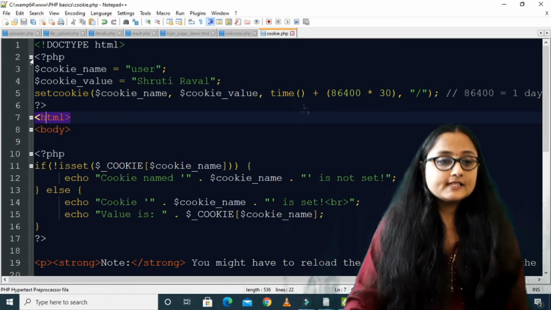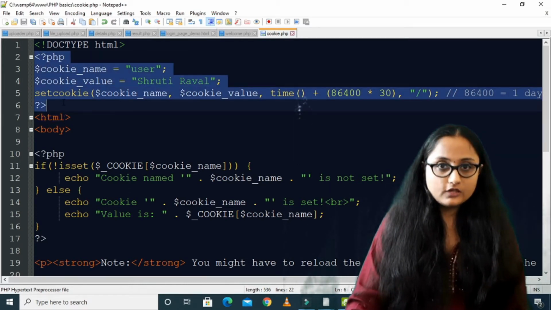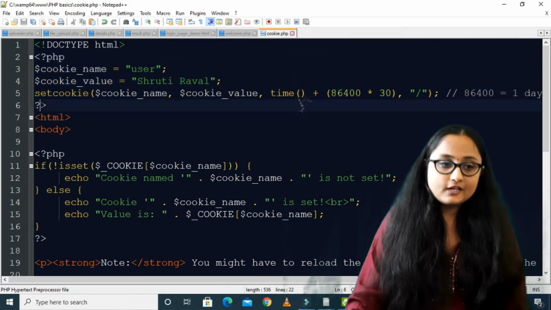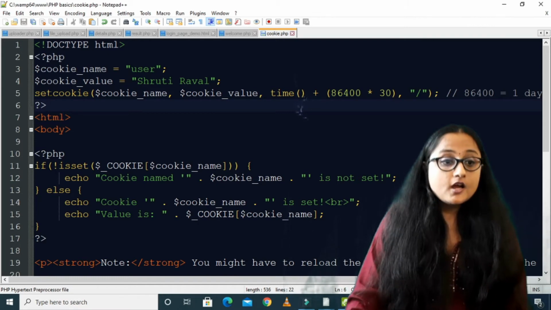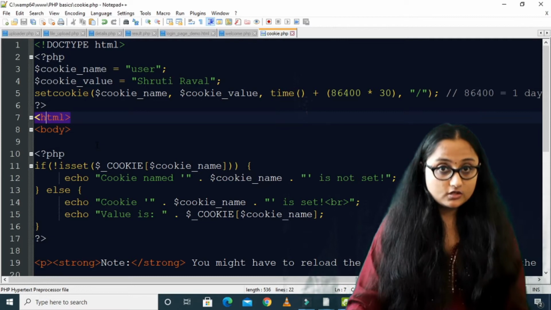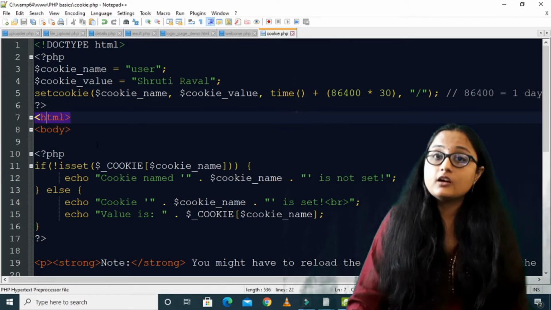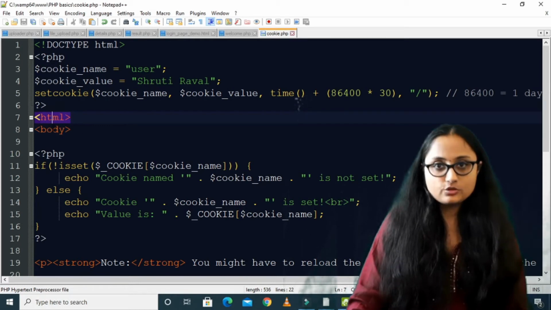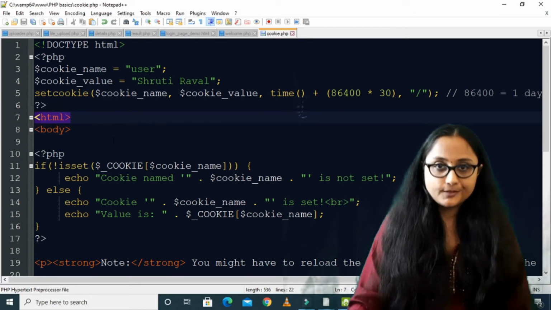So here you can see that I have written the set cookie function in our PHP syntax, that is, <?php and the angular bracket close. But before I start my HTML tag, this is very important. Whenever you are setting a cookie for a web page, you will call this function before you start your actual HTML or the other PHP script, right?